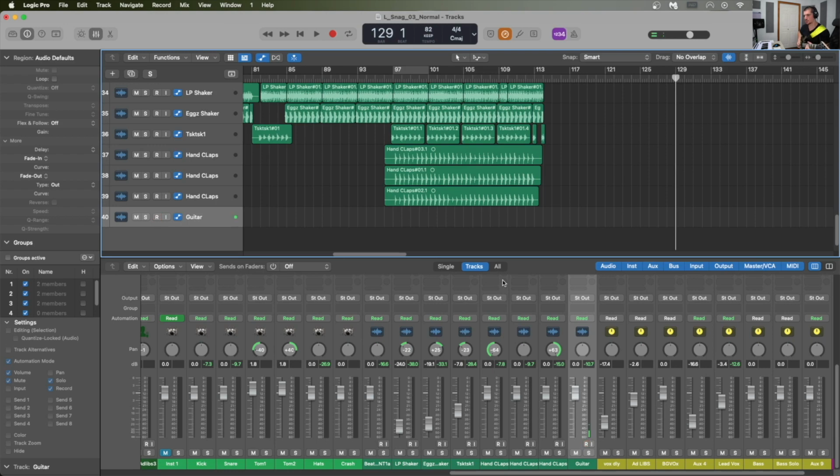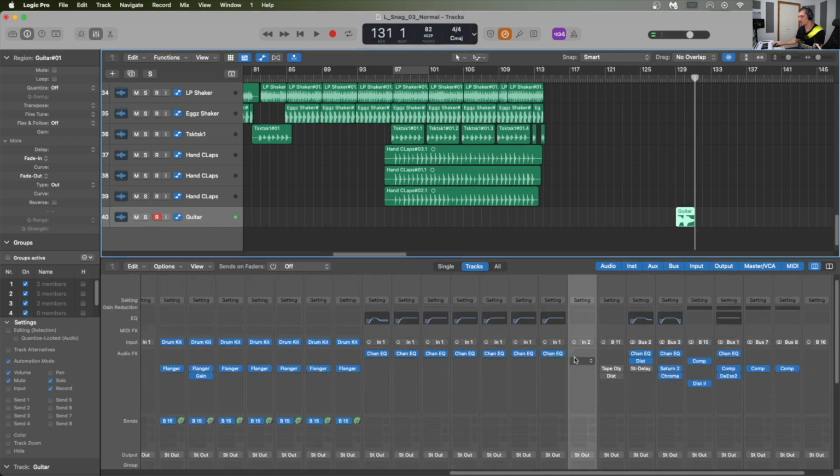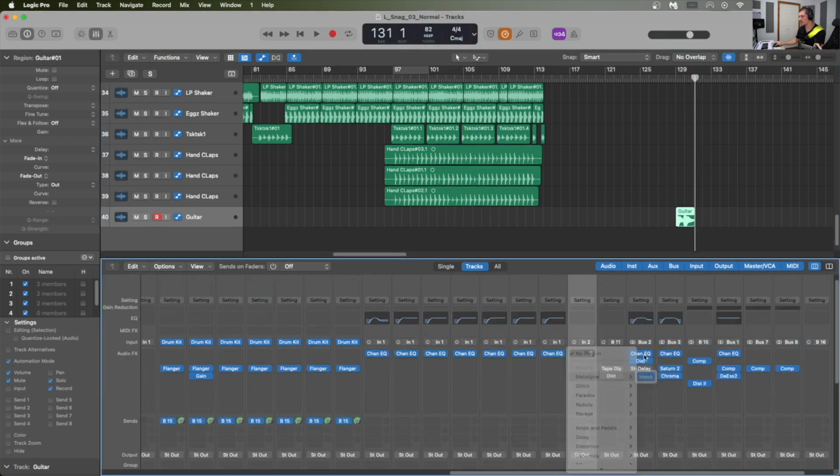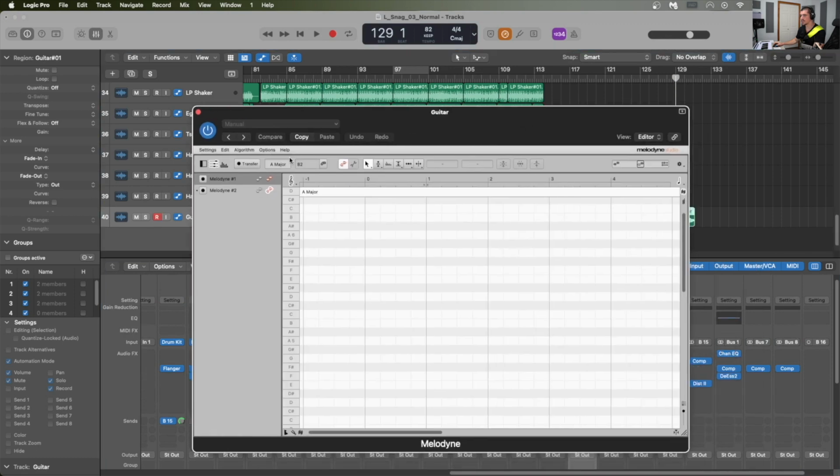So for example, if I was to record some guitar here and have things a little bit out of tune as they are now, let's make the D particularly out of tune. So if I was to record, that's particularly bad, but if we were to slap a Melodyne on here and record this,